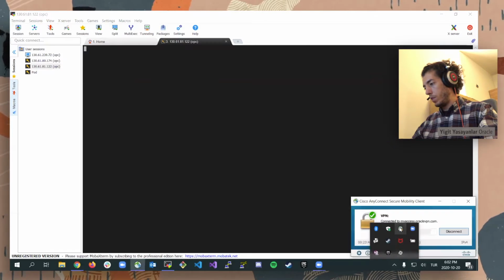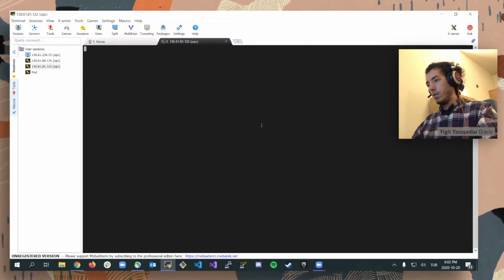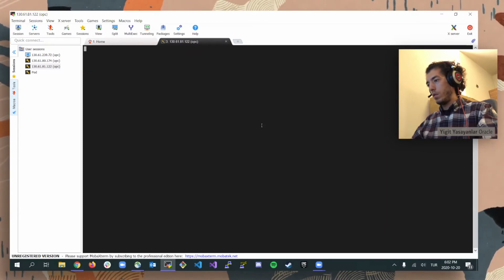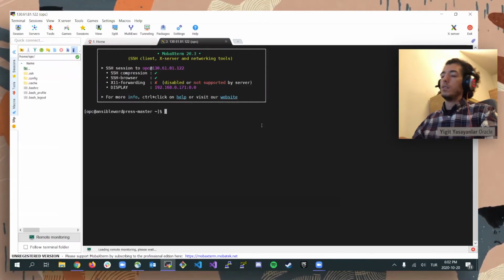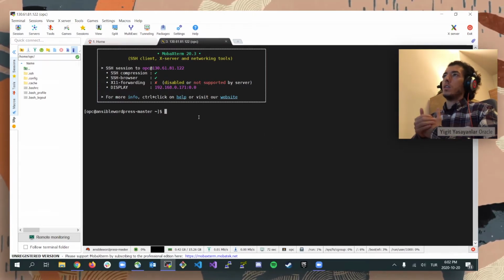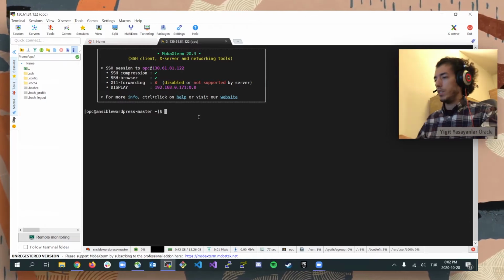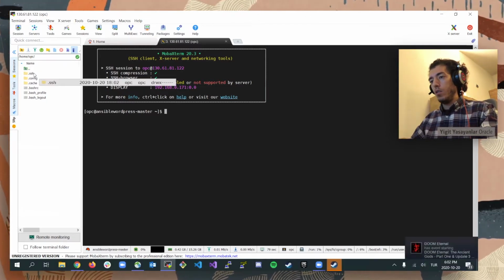Oops, I'm on VPN. I forgot that. So let me disconnect. I should be able to connect right now. Yes. All right. So first things first, I'm gonna upload my SSH key here on this machine under the home OPC